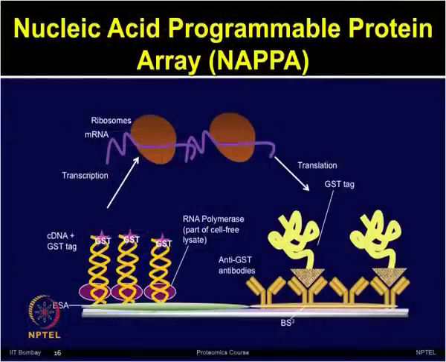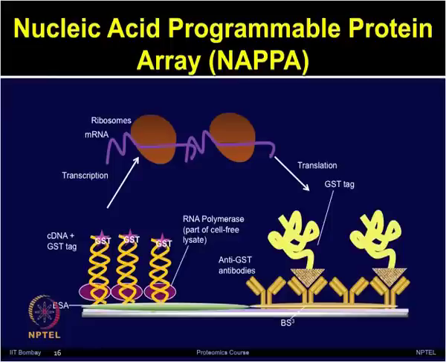The cell-free expression system such as rabbit reticulocyte lysate, amino acid mixtures, T7 polymerase, RNase inhibitor, etc. are added on the chip surface, which contains these spots, and as I mentioned, each spot contains 4 components. Now, after incubating these arrays at 37 degrees for 90 minutes, followed by lowering the temperature to 15 degrees, this process helps the protein expression and protein capture.